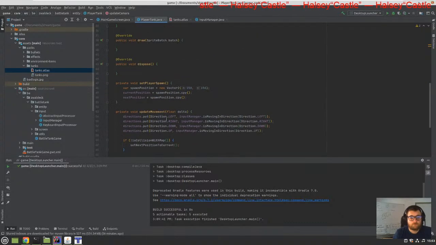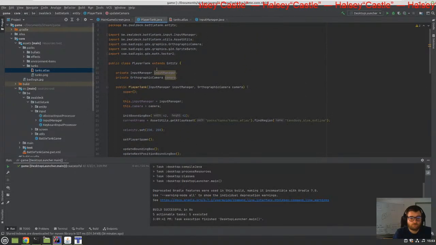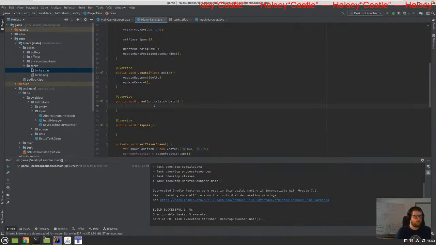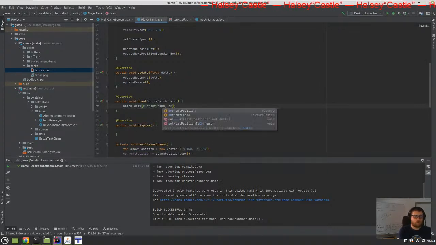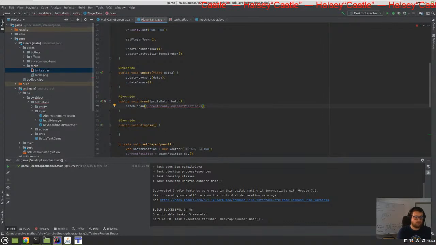That's it. Can make it final. We should make it final. Next up, our draw method. And that's an easy one in this case because we don't have any animation yet. We say batch dot draw current frame current position dot x divided